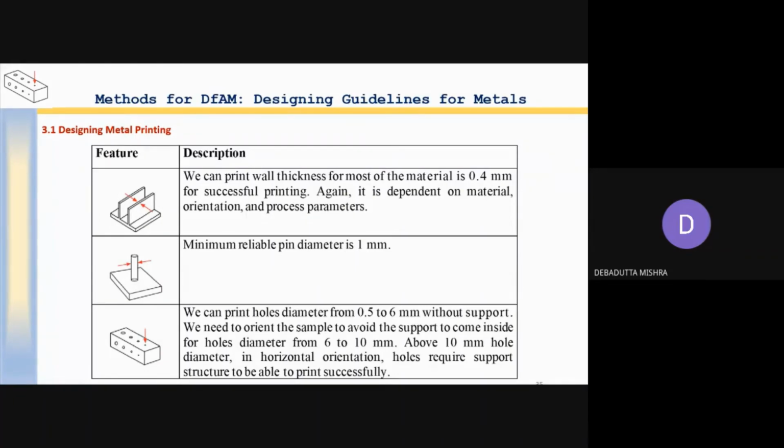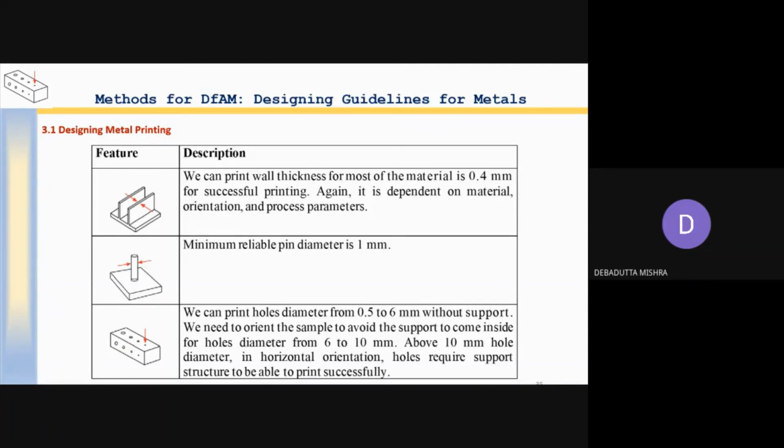The pin diameter that can be built for metal is 1 millimeter. We cannot go less than that. We can print hole diameters from 0.5 to 6 mm without support. But when it is more than 6 mm, then you have to go for supports, the required support structure, to be able to print it successfully. Okay. You can see this one.